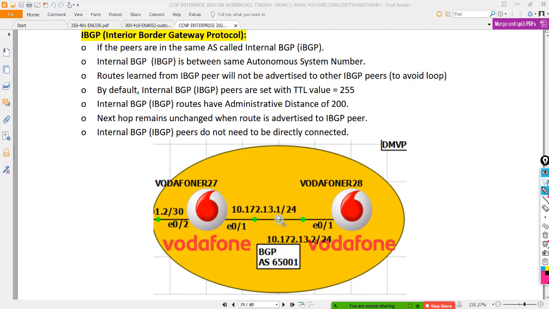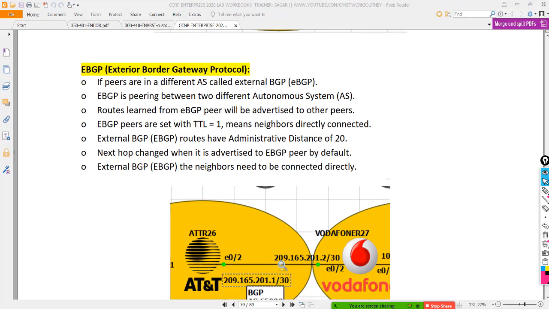Now let's move towards EBGP. If the peers are in different autonomous systems, they form EBGP. EBGP peering is between two autonomous systems. Routes learned from EBGP will be advertised to other peers. So let's have a diagram.